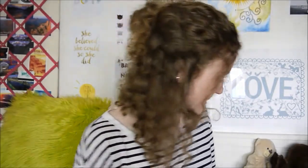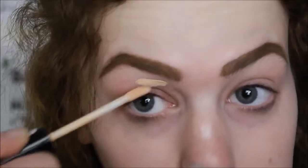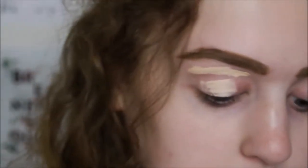So I am going to start off by priming my eyelids with a concealer. I'm going to zoom you in so that you can actually see what I'm doing though. So let's go in and prime those lids. I'm using the NYX HD Studio Photogenic Concealer to do this, in the shade Porcelain, which is the lighter shade, but I think it's still a bit too dark for me, so I'm not sure really about it. I'm a little wary of this concealer still. Not been using it for that long, but...